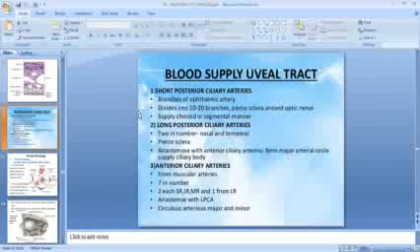And then comes the blood supply of the uveal tract. Actually the choroid is part of the uvea or uveal tract. Blood supply is by the short posterior ciliary arteries, which are branches of the ophthalmic artery. It divides into 10 to 20 branches, pierces the sclera around the optic nerve, and supplies the choroid in a segmental manner. Another artery which supplies the uveal tract is the long posterior ciliary arteries.